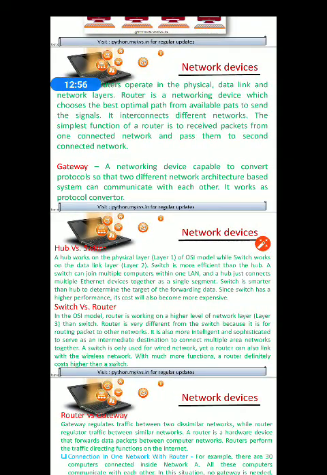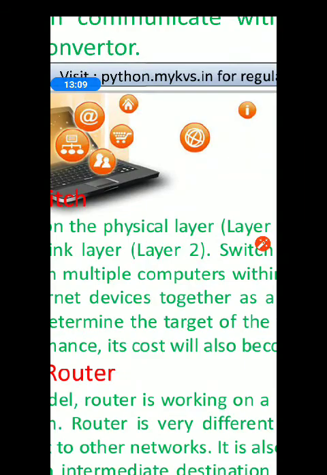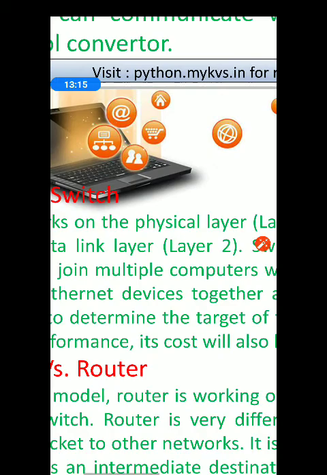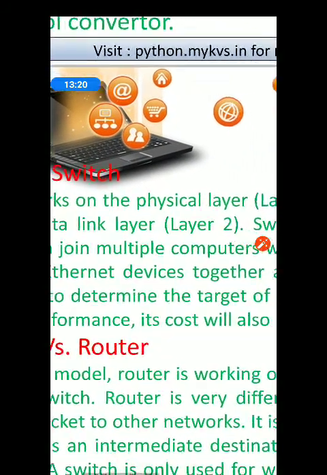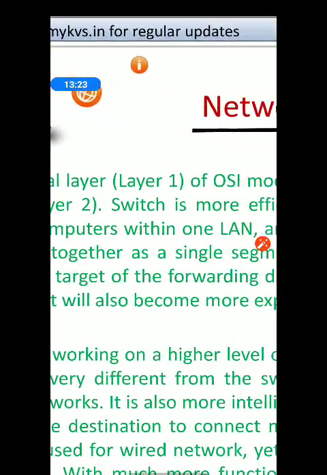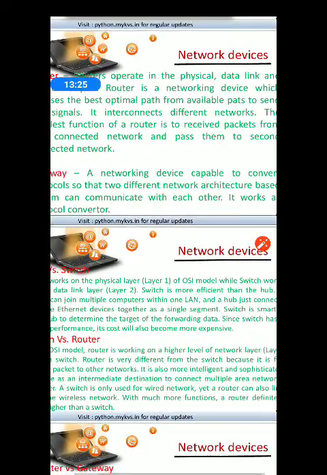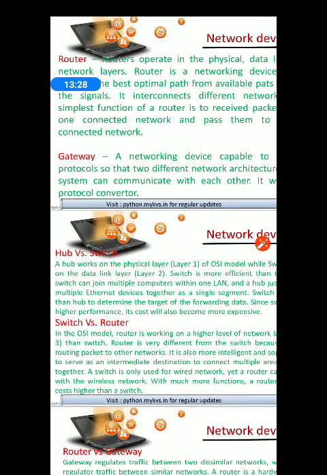A hub works in the physical layer, that is layer 1, whereas a switch works in the data link layer, or you can say layer 2. A switch is more efficient than a hub. A hub is less efficient.